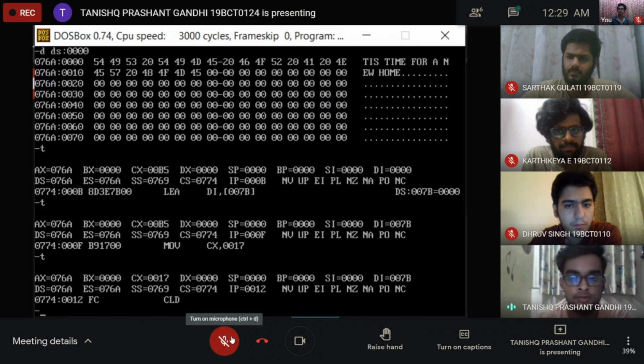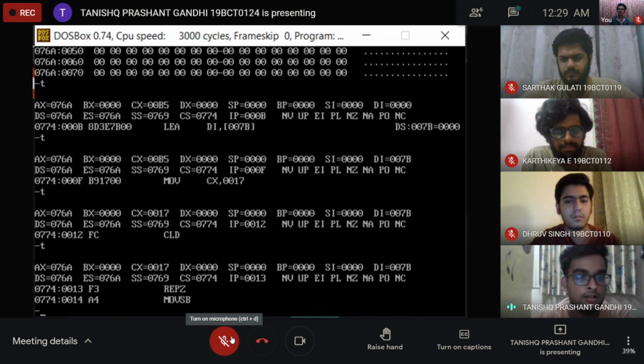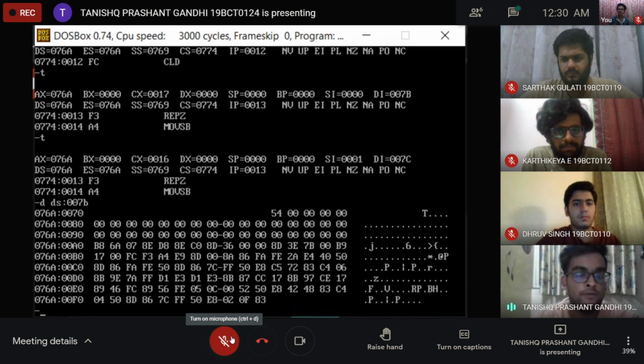In the next we can see the CLD instruction, which will clear the direction flag, and this will move one byte each into our destination index. When we check our destination location, which is 007B, you can observe that first T is transferred, as we have run this loop one time.